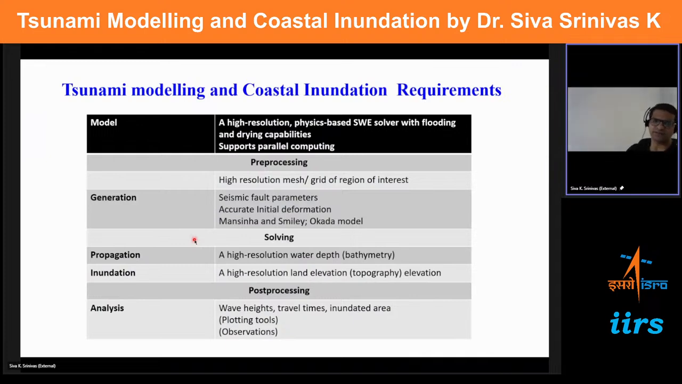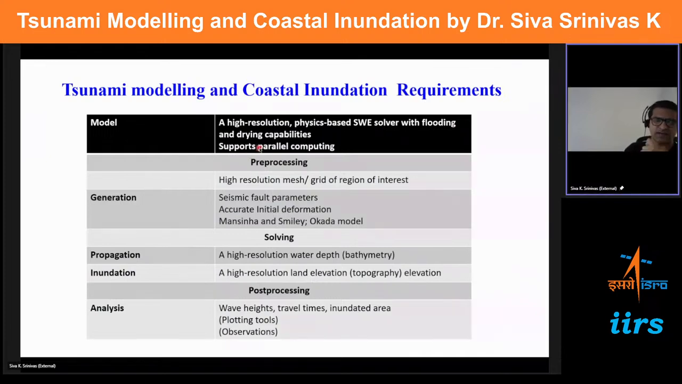What are the requirements? First, the basic requirement is I need to have a numerical code or numerical package which is able to solve shallow water equations. It should have the capability of calculating propagation and also the flooding, inundation, that is wetting and drying, and